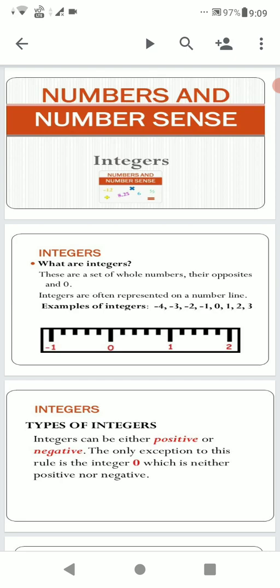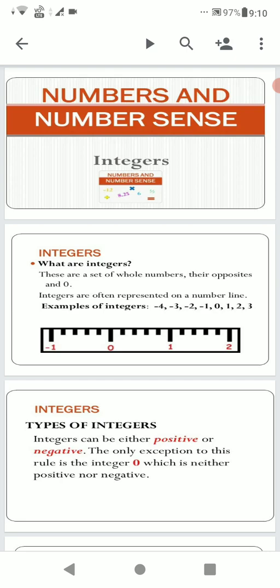We can subtract a smaller whole number from a greater whole number. We can also subtract a whole number from another equal whole number, but the subtraction of a greater whole number from a smaller whole number is not possible. Like, can you subtract 9 from 4? Yes, 4 minus 9. Then in that case there will be negative numbers. If we subtract, we will get negative numbers.